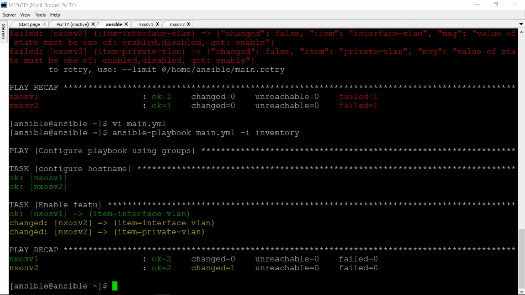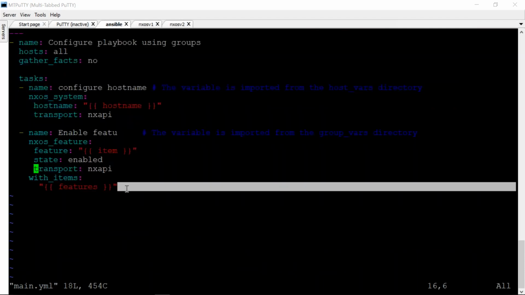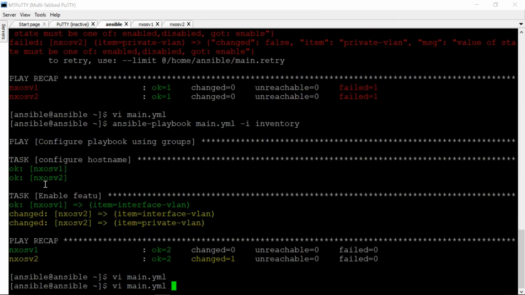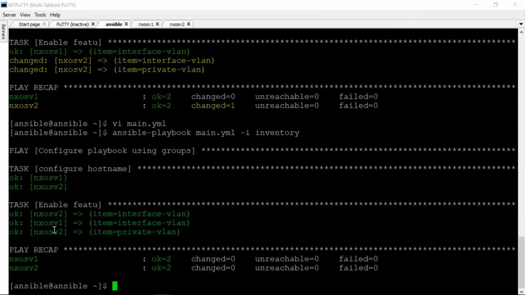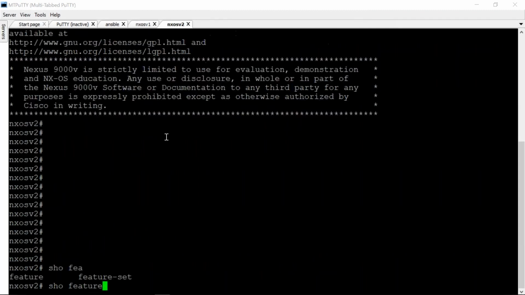I just fixed the label, and after fixing the label you can see that it is working fine. So same program, nothing else is there. Simply I have fixed the label, and then if I run my playbook, now you can see they are configuring the host name. Once they configure the host name, after that they will enable the feature. So Nexus 2, we have these features. If I go to Nexus 2 and run show feature and include enable,